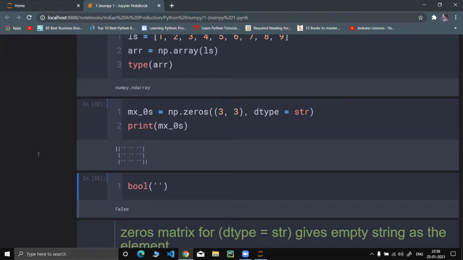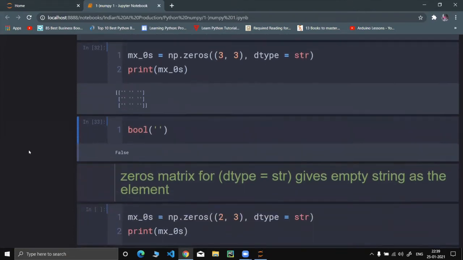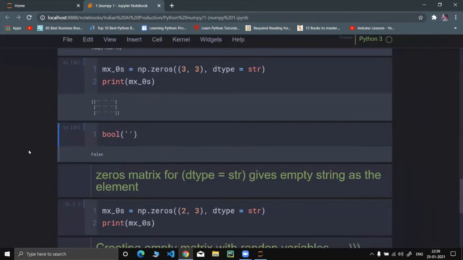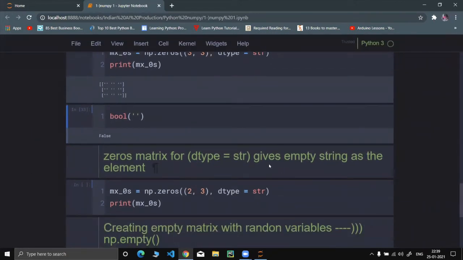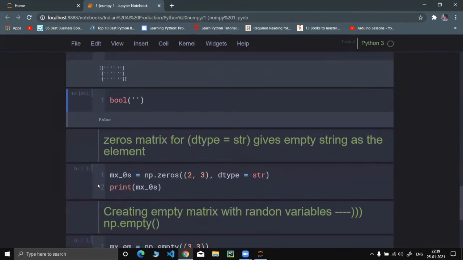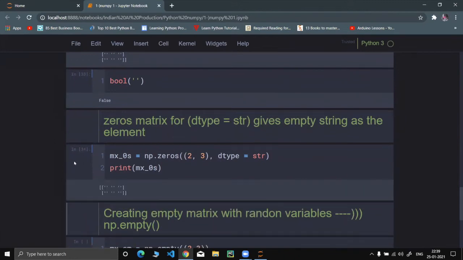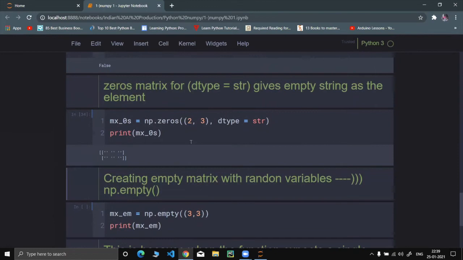The Boolean value of an empty string is false, and number-wise, true stands for 1 and false stands for 0. So we created a 3 cross 3 matrix with all elements as empty string, because empty string stands for false. I even mentioned it over here: zeros matrix for dtype equals string gives empty string as element.